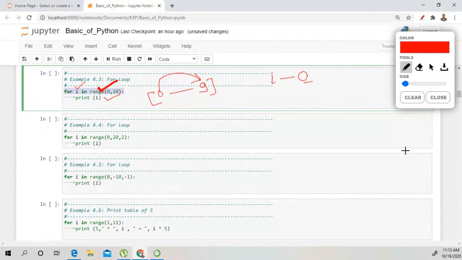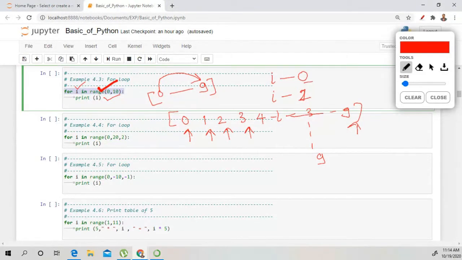So initially I holds the value 0. After executing the first step, I is now holding the value 1, and in this way it goes till the 9 position, because it points toward the list. This list contains values 1, 2, 3, 4, up to 9. So initially I holds this value, then it continues, and this process goes on, and it prints all the values in between the given range. Okay,